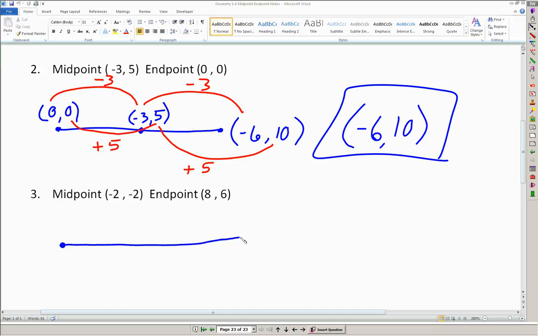Question 3. Same exact job. Midpoint is negative 2, negative 2. Endpoint is 8, 6. What's the other endpoint? So travel along the x's. From 8 to negative 2, you're subtracting 10. And again, if you can't tell what that distance is, do the end minus the beginning. Negative 2 minus 8 is negative 10. Go 10 more. Negative 2 minus 10